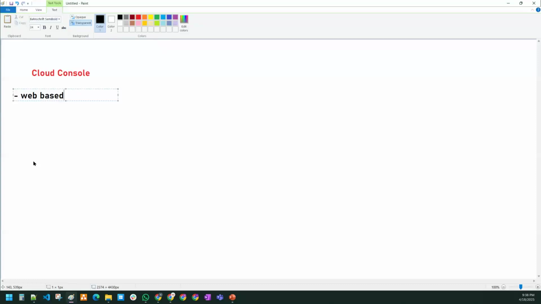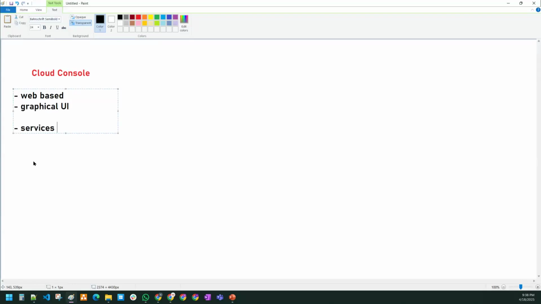It is a graphical user interface. If one wanted to interact with any of the services in the Google Cloud Platform,